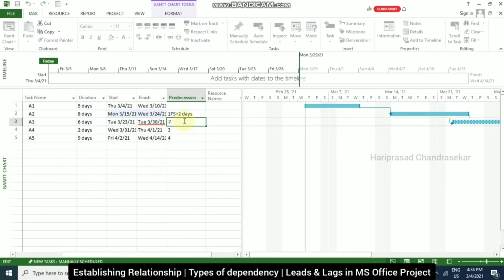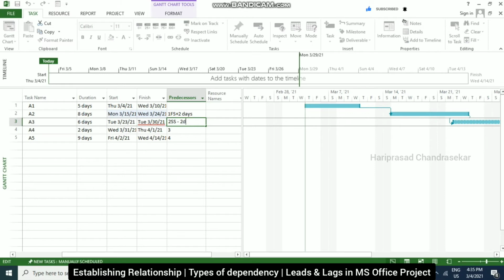I am going to put 2SS, so start to start, and then I am going to put minus 2D, which is called lead. Lead time is an overlap between tasks that have a dependency. In Project, enter the lead time as negative lag time. That's why I entered minus 2.